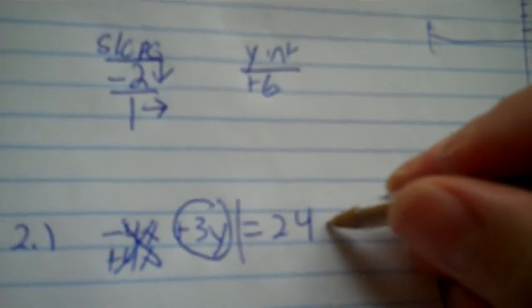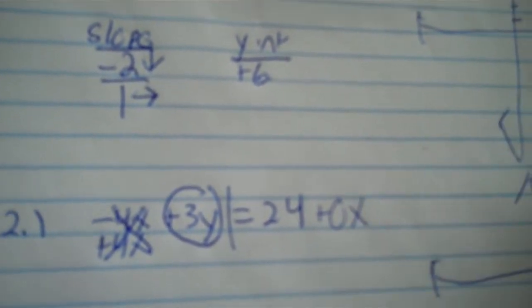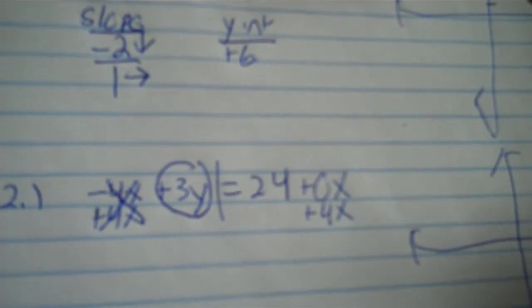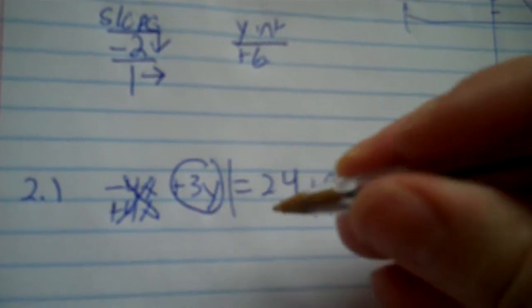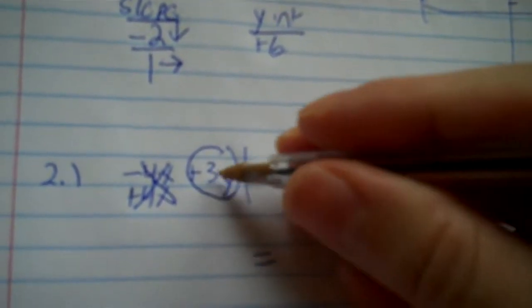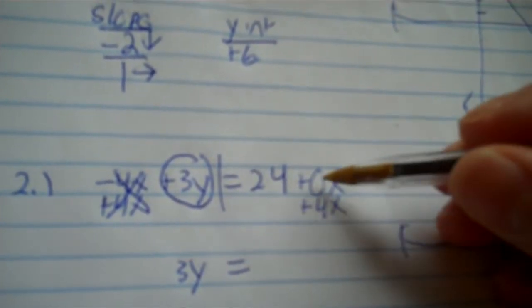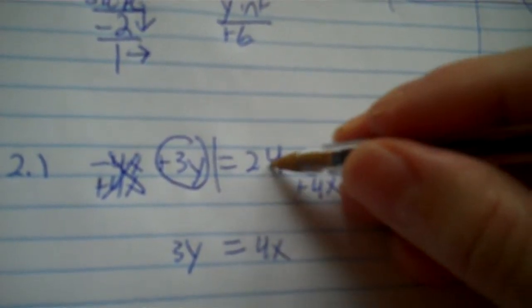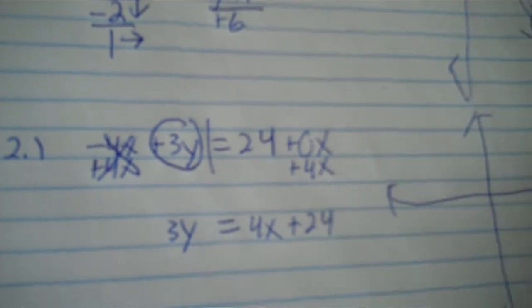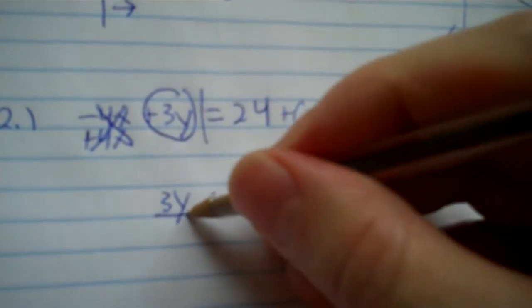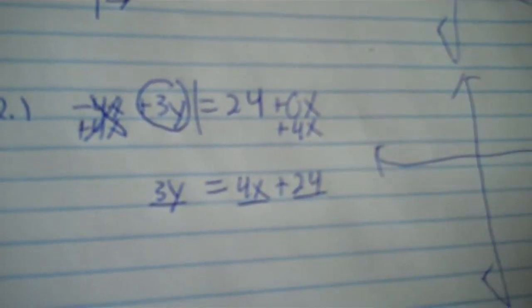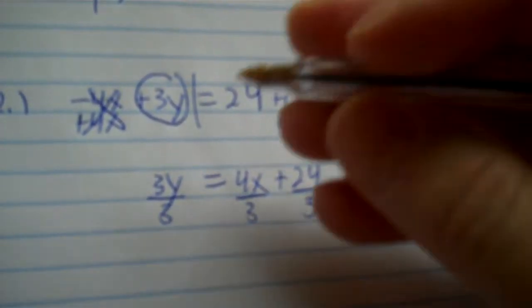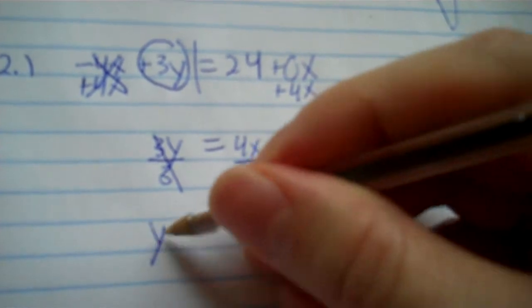But then I need to make a 0x over here, so I have a place where I can plus 4x, because I can't add it to 24. 24 doesn't have an x. So you need to line up your equation. You have 3y. Do your x first. 0 plus 4 is 4x, and then plus your 24. Now you divide every number in here by the 3, because you need to get rid of that. So y equals,